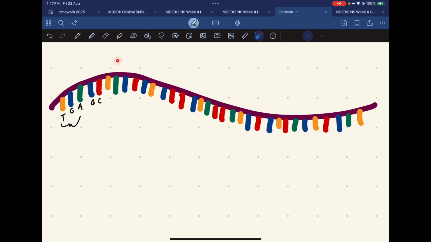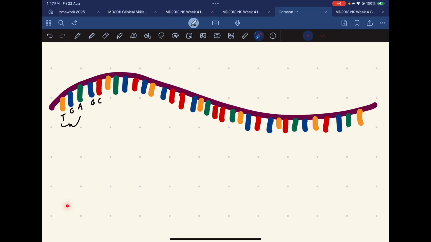Can you tell me what our monomer is for proteins? So what is the basic building block for protein? Yeah, amino acids, very good. So in order to get from DNA to proteins, we first need to get from DNA to amino acids. And one of the ways our body likes to do this, or the way, is